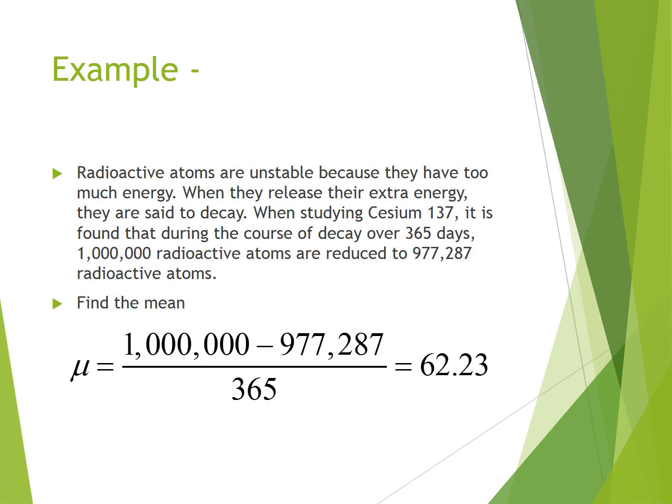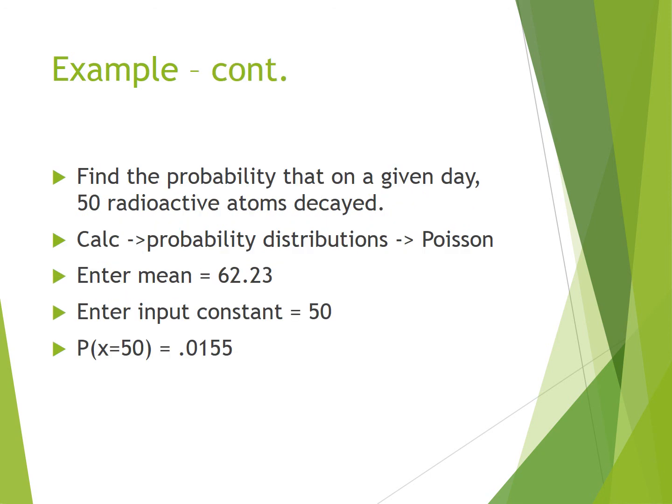Now, suppose I want to find the probability that on any given day I have exactly 50 atoms decay. So I go to Calc, Probability Distributions, Poisson. I'm looking for the probability that x equals 50, so I make sure I select probability, not cumulative probability. I enter in the mean, which recall from just a minute ago is 62.23. My input constant is 50, and then the probability that x equals 50 is